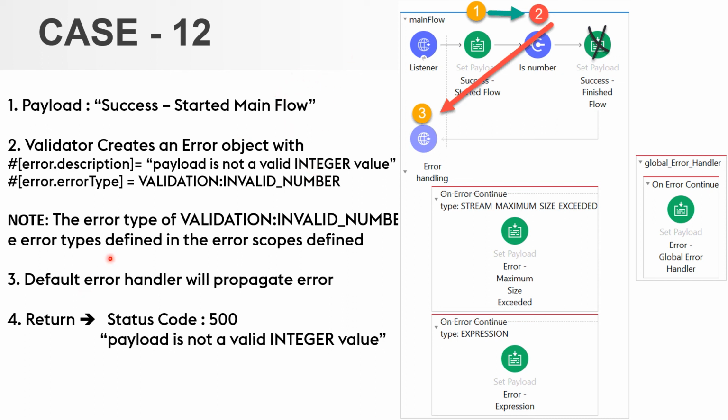So this is one very important point to understand: in the absence of any error handling in your main flow, the global error handler will be called. But in case you have some error handling in the main flow, and you still have a global error handler, and the main flow is not able to handle that type of error, it will go to default error handling but not global error handling. And when does the global error handler get called? When there is no error handling in your main flow. In that case, it will not first go to default. In that case, it will first go to the global error handler. Keep this in your mind very, very well.